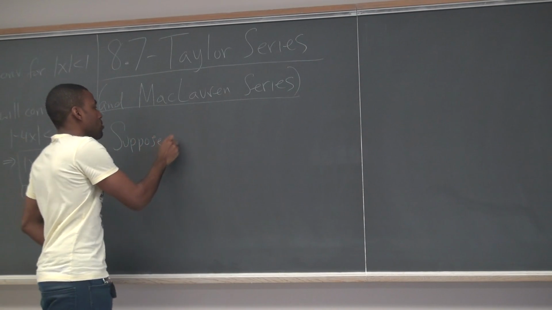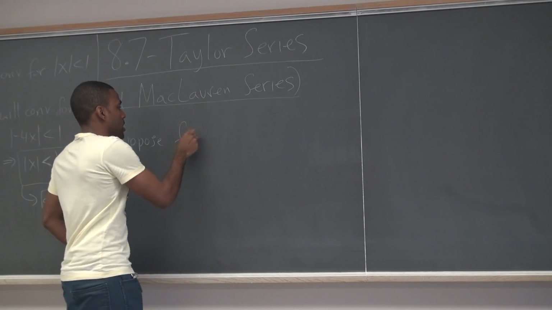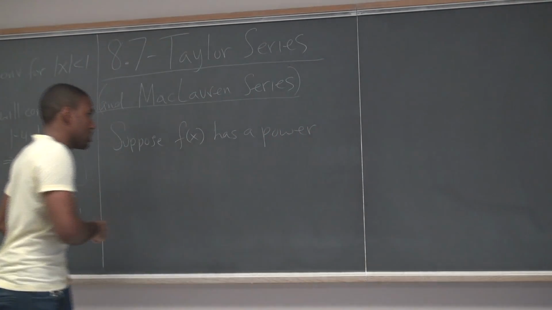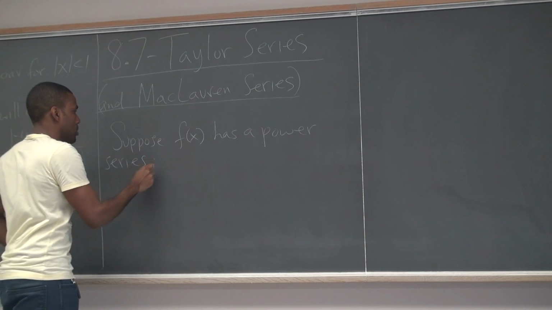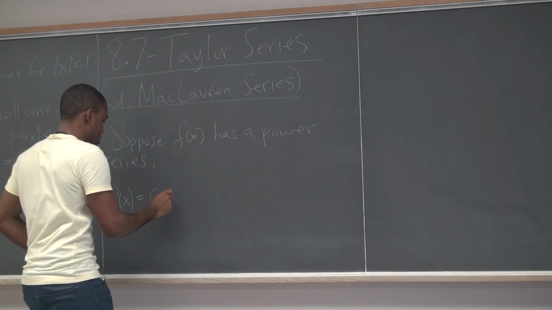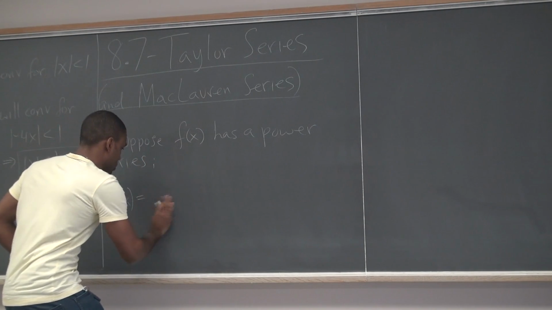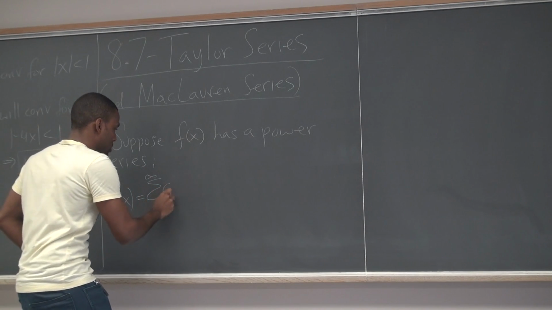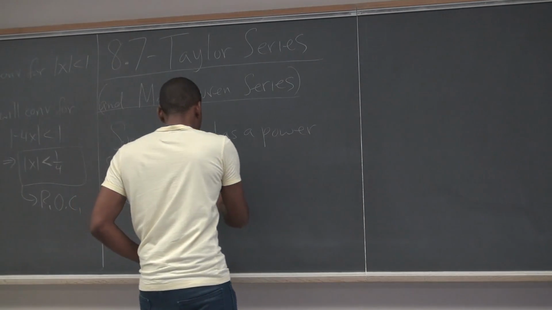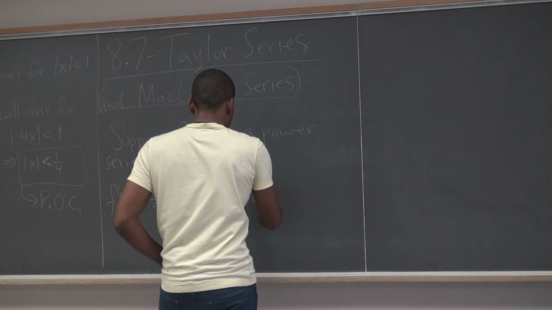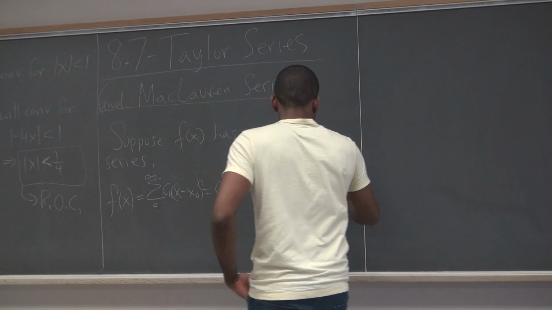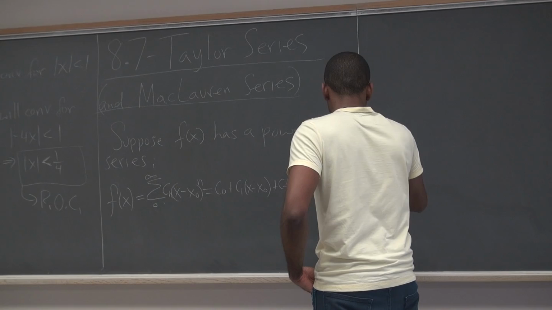Suppose f of x has a power series. So pretend that we could write a power series, hypothetically. What would this mean? Let's suppose I can write my f of x as a power series. It's the sum from 0 to infinity of Cn times (x minus x naught) to the n, a power series centered at x naught. This will be C0 plus C1 (x minus x naught) plus C2 times (x minus x naught) squared, C3 times (x minus x naught) cubed,